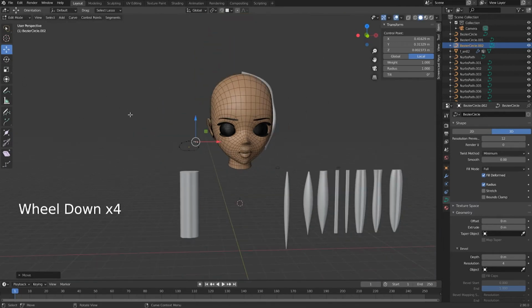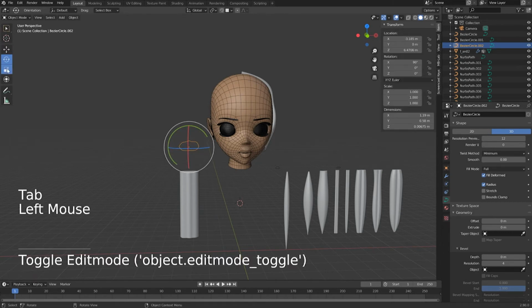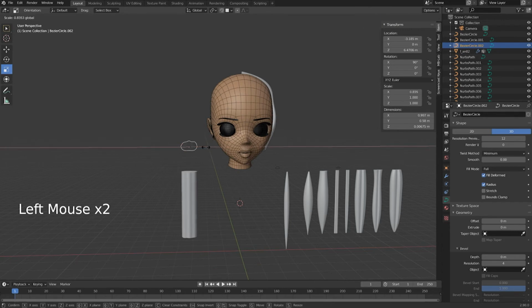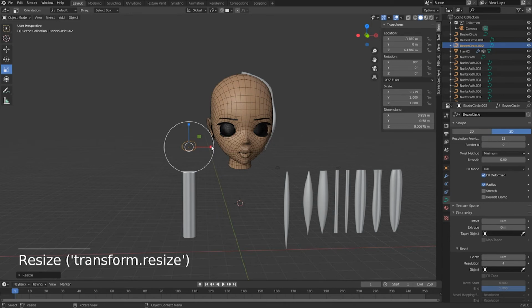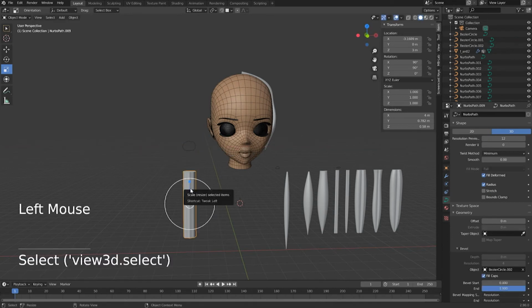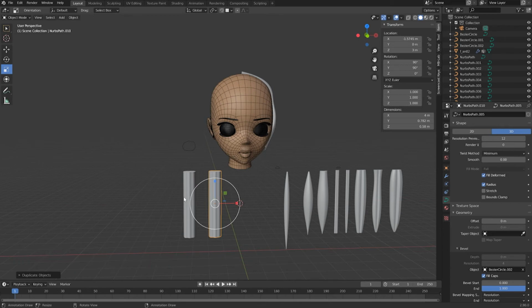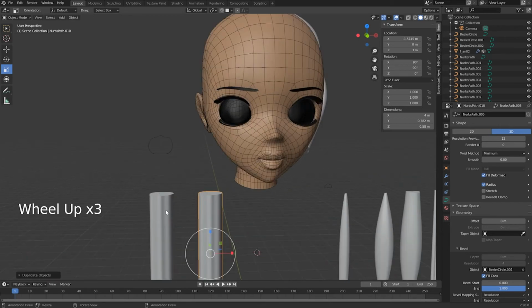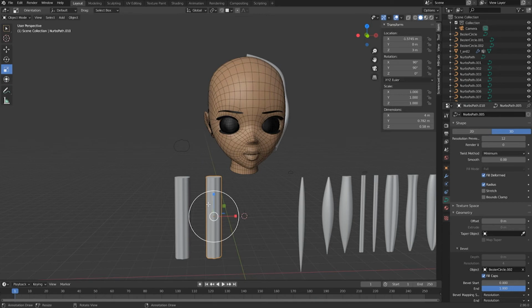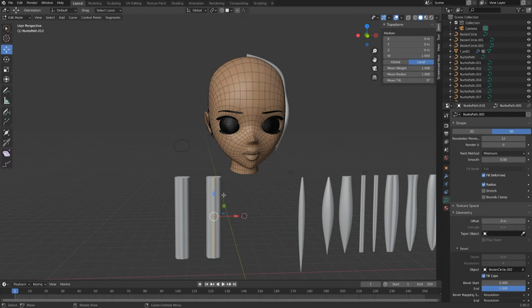When you're done with this, you could go back to the object level and then perform a uniform scale to make this narrow. Selecting this object of hair strand, Shift D to duplicate it, X to drag along this axis. Now each one could be shaped individually. With this one selected, going to the edit mode,